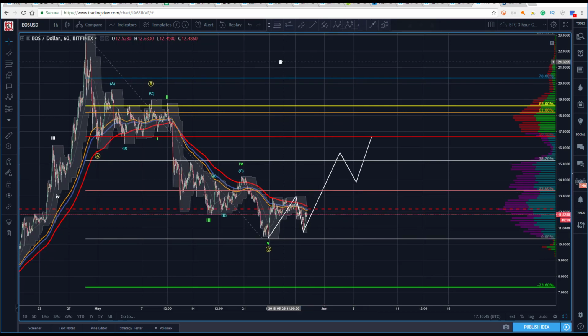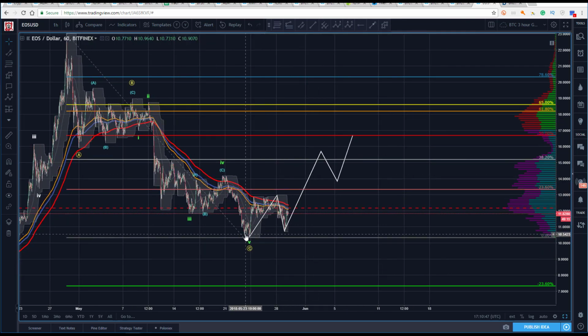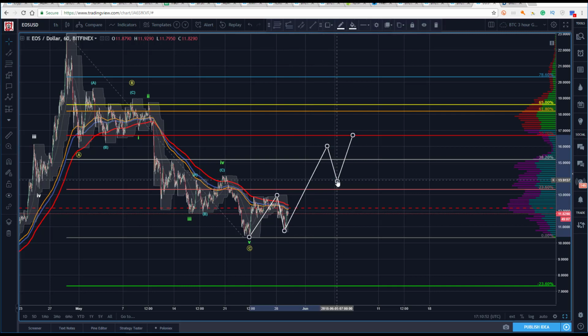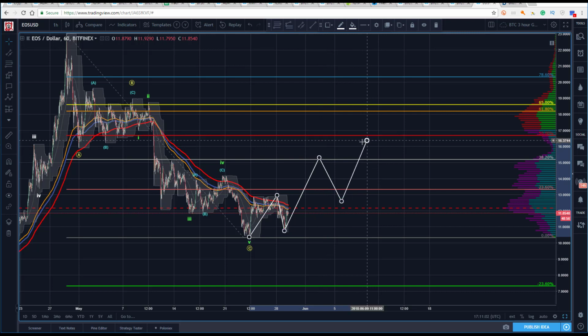Well, pardon me, I take that back. It does not, because coming off of this low, we could have a diagonal. What we need to see is 5 waves in larger degree here coming out of this. So we could have something like this. We could have a diagonal that would get us there, something along those lines, 1, 2, 3. So we'd be looking for this to move in 3s rather than 5s.